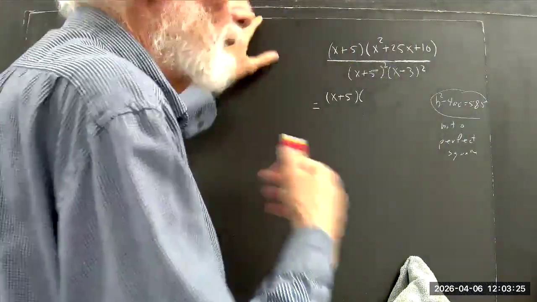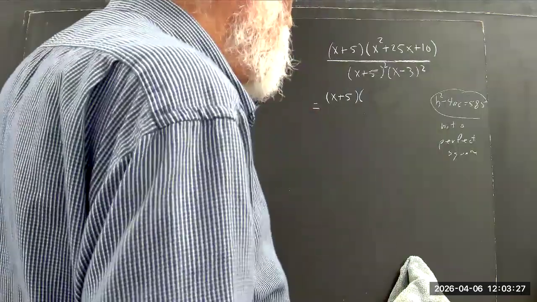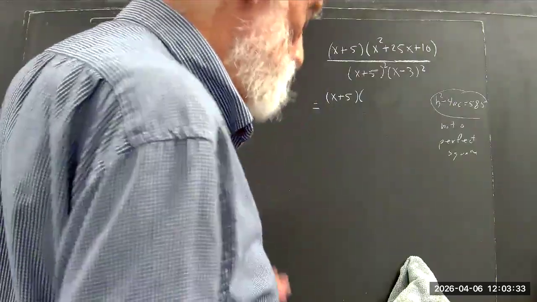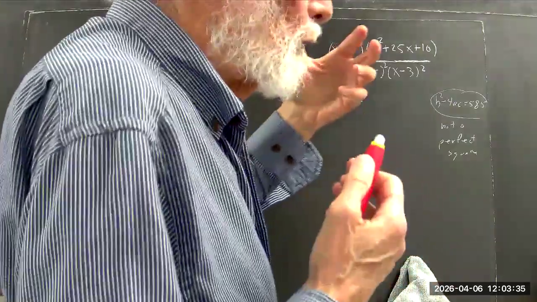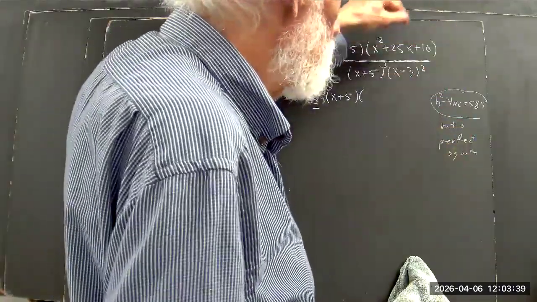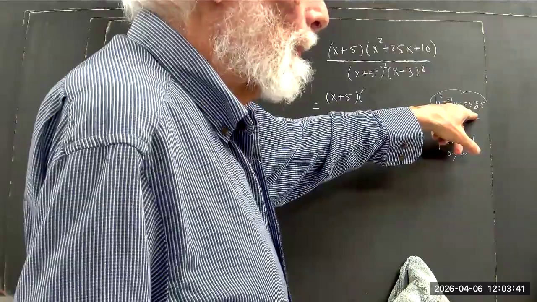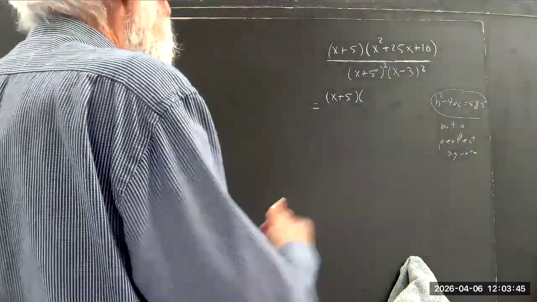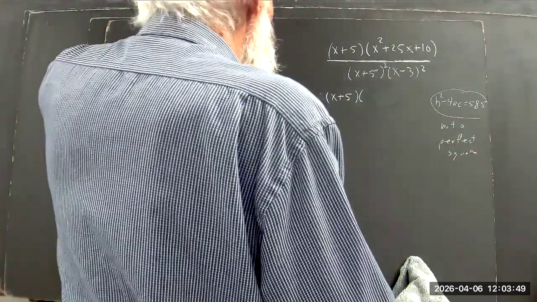That's between 576, which is the square of 24, and 625, which is the square of 25. So you're not going to find a square root there. So we're just going to write this as